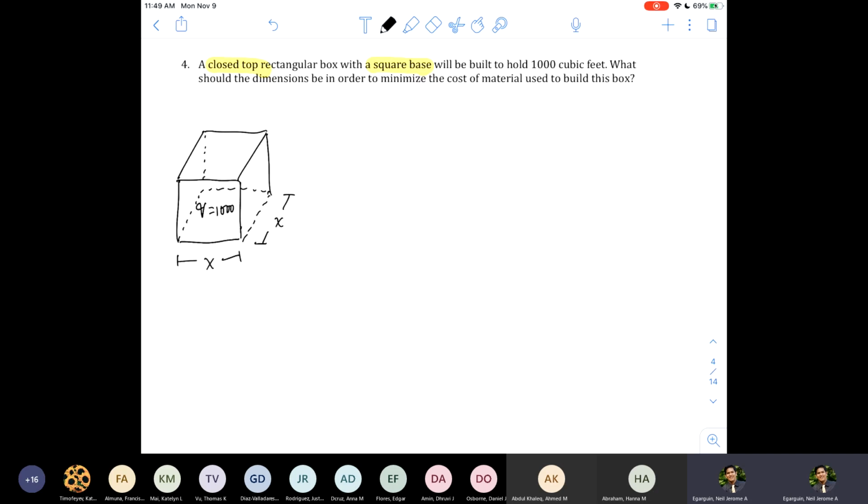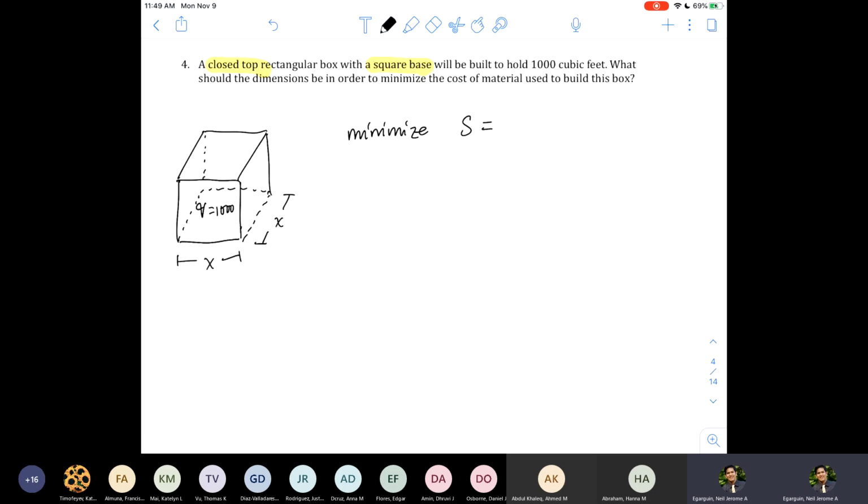So that's the amount of material that should go inside a box. Now, what should be the dimensions in order to minimize the cost of material to be used? So we want to minimize what? We want to minimize the surface area, right? I'll call it S, the surface area of the box,